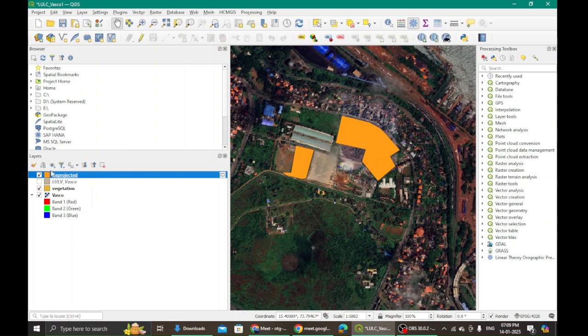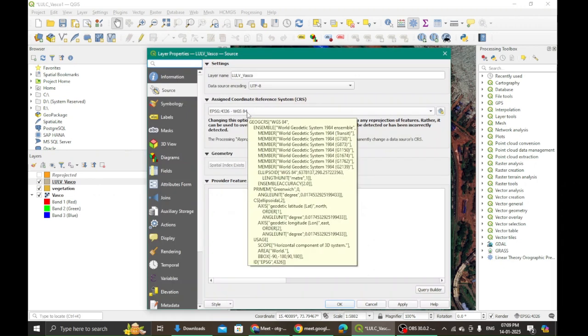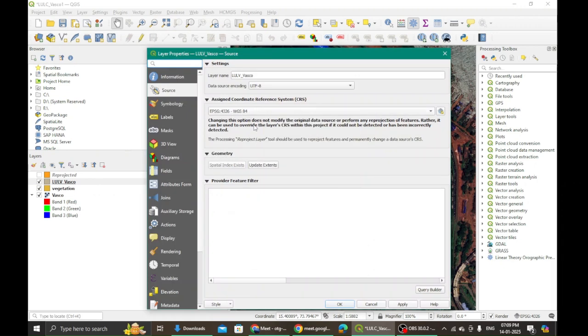Yes. So what do we do? This is the file that I am trying to reproject. How do I know that it is not in the universal transverse Mercator? Because this is what it reads, WGS84. This is in terms of latitude, longitude, which is in terms of degrees, minutes, and seconds, or decimal degrees. Now, using this particular coordinate system, I won't be able to calculate my area.